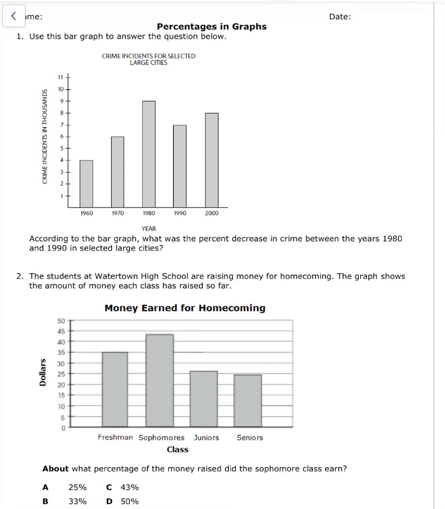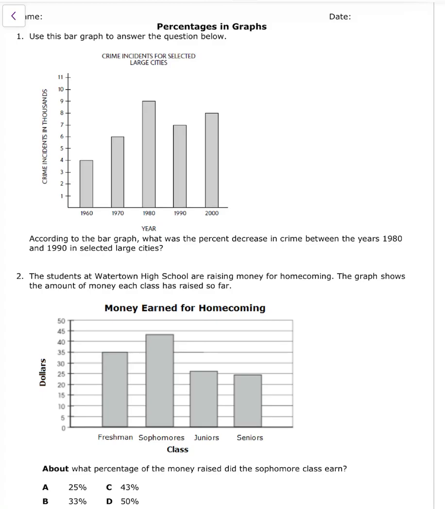Hey there, mathematicians. We are going to look at a couple questions, 5 questions to be exact, where percents are in graphs. Okay, so the first question says use this bar graph to answer the question. So you should always look to see what it's talking about. So this is crime incidents for selected large cities, and it's crime incidents in the thousands, and then it has the years down here. According to the bar graph, what was the percent decrease in crime between the years 1980